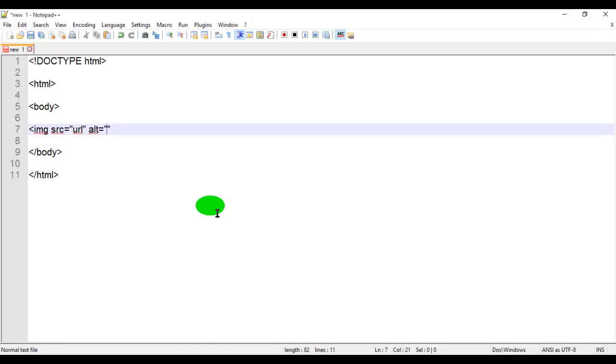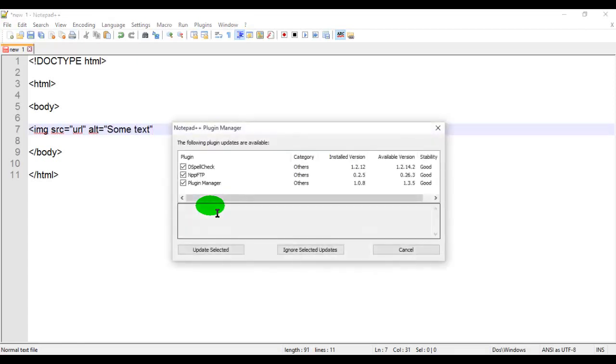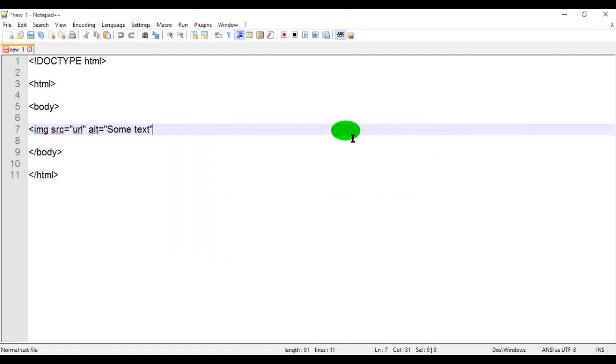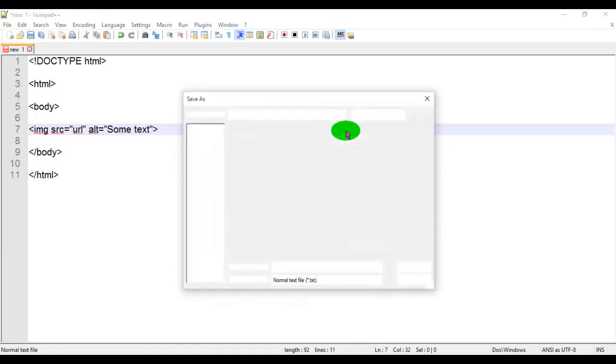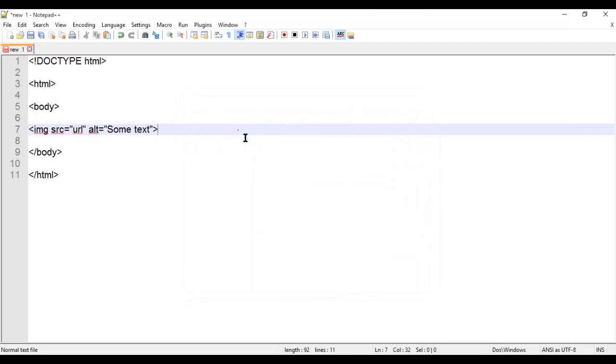Alt, here some text will go, and the tag close. This is the basic general syntax for the image tag.